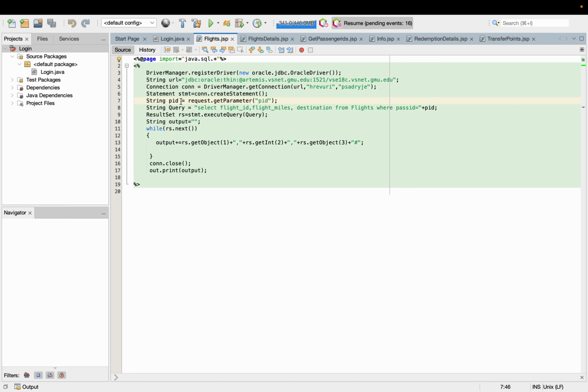After that, we've considered getParameter, which accepts the input parameter, and while executing the code, in the URL we are supposed to dynamically enter the getParameter variable. Here we've displayed flight id, flight miles, and destination as the query, and dynamically we are passing the PID as the parameter. Then using ResultSet, we'll be executing this particular query and passing this variable into it, and then